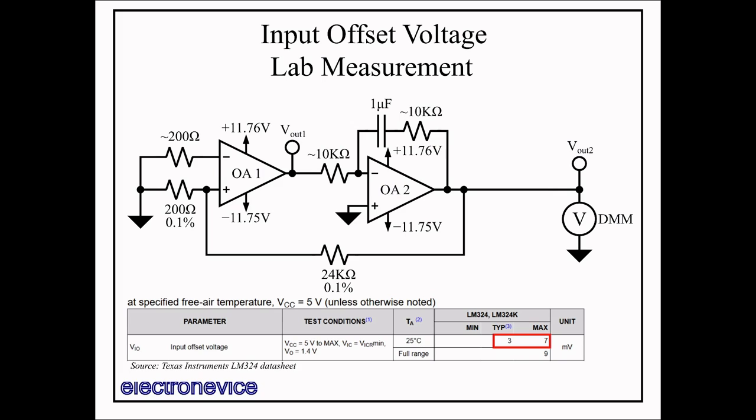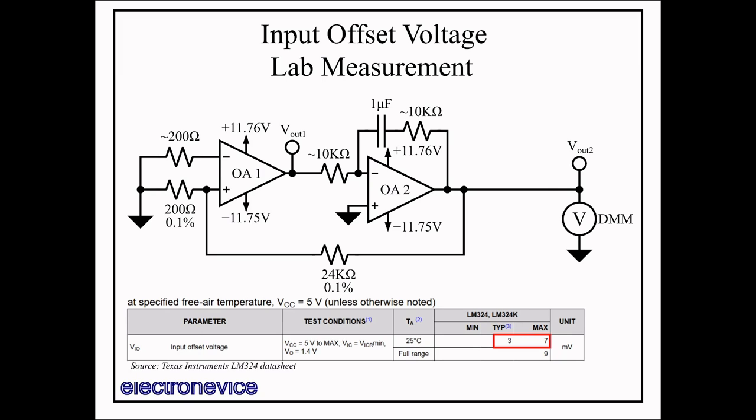I expect the offset to be around 3 mV typical to 7 mV maximum per the LM324's datasheet, though it's important to note that the datasheet specifies an output voltage of 1.4 volts rather than halfway between the rails, and it measures it with a single 5-volt rail and ground rail instead. This is a little unusual for an op-amp, and I suspect it's because the part has an asymmetric output stage, which is generally not the case for modern op-amps.